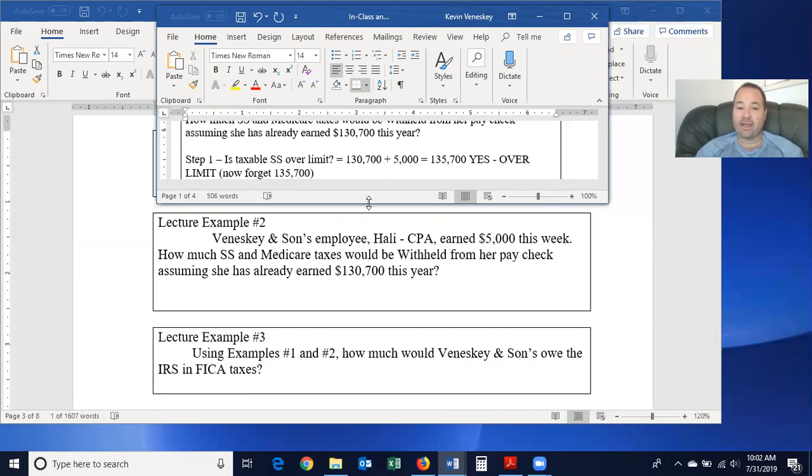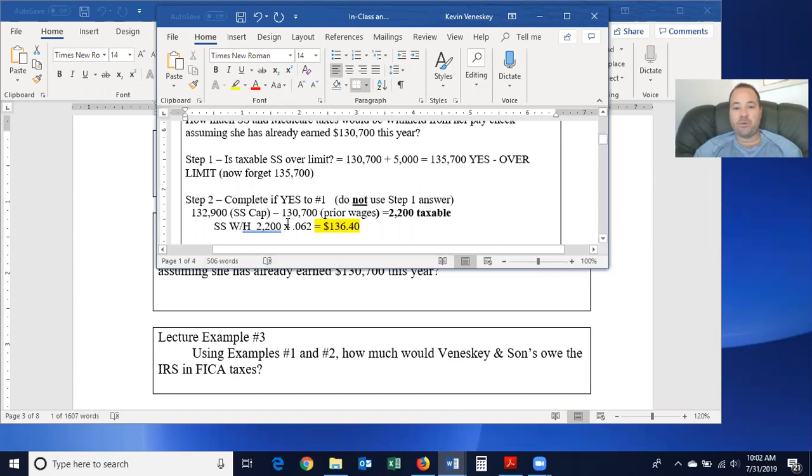However, if we do answer yes, then we go to step 2. But when we go to step 2, we forget everything we just did in step 1. Seems kind of silly, but that's what you have to do. So in step 2, forget everything we just did, and what I want us to do is always take the